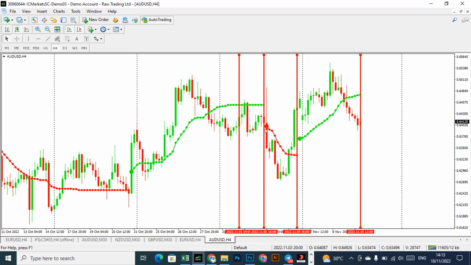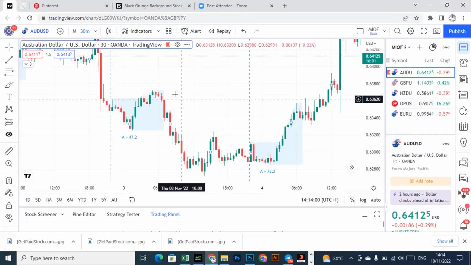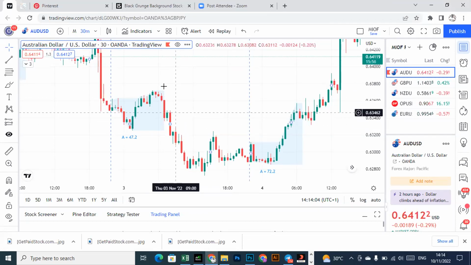If you are trading Asian high and Asian low, you see setup. So from the 2nd of November now, we're moving to the 3rd. Okay, so from 3rd of November to 4th of November, we are bearish. This is the line we're just looking at now. This is already 8 o'clock. From 3rd to 4th, we are bearish. So we want to look for sells only after Asian high has been taken, right? So this day, nothing happened.